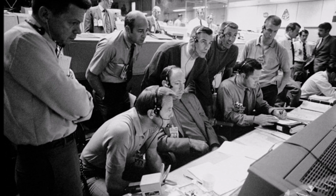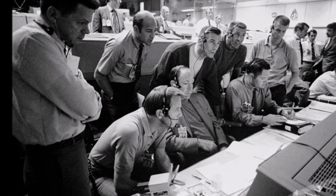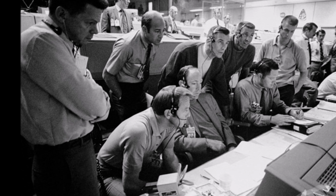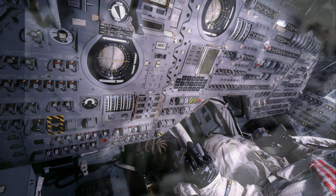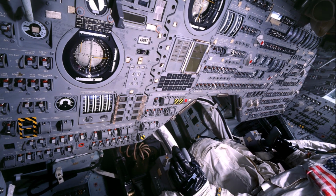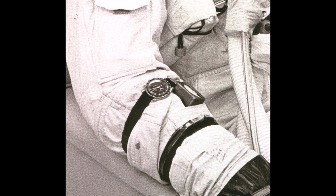At the beginning of this video, we defined a survivalist watch as one that will help you to get back home when you're stuck in the wilderness. And there is no wilderness greater than space. With the onboard computers being out of action, the only scientific instrument that the crew had left to help them to get back home was the one which they were wearing on their wrist, which was of course the Omega